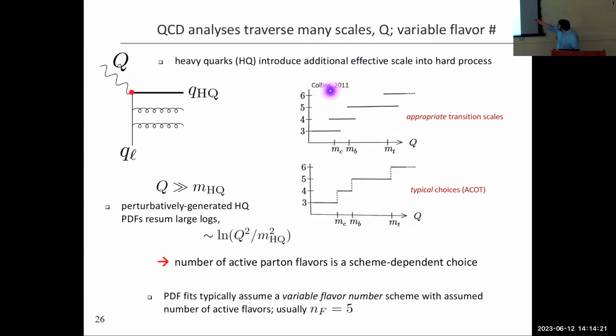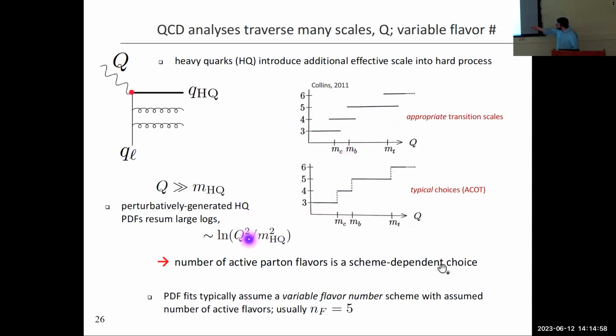So as I think about something like deeply inelastic scattering over many different scales, naturally the heavy quark mass introduces an effective additional scale into the problem. Dealing with that in the context of QCD factorization up to higher and higher orders gets really, really hairy. It can be dealt with, but typically you have to use some sort of variable flavor number scheme where you fit the PDFs, and as you cross over each partonic threshold, you essentially bump up the number of active flavors.